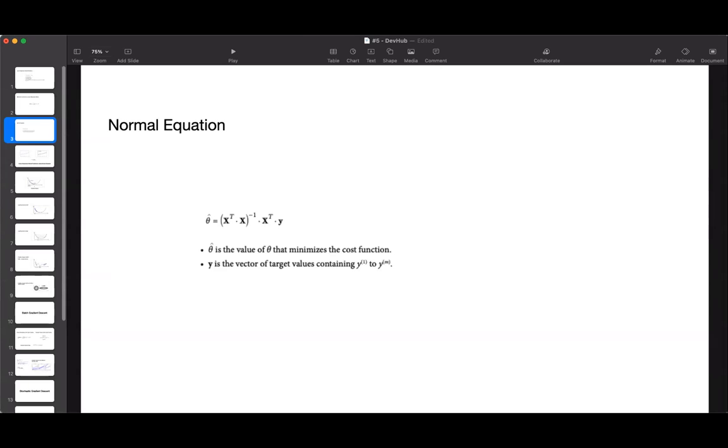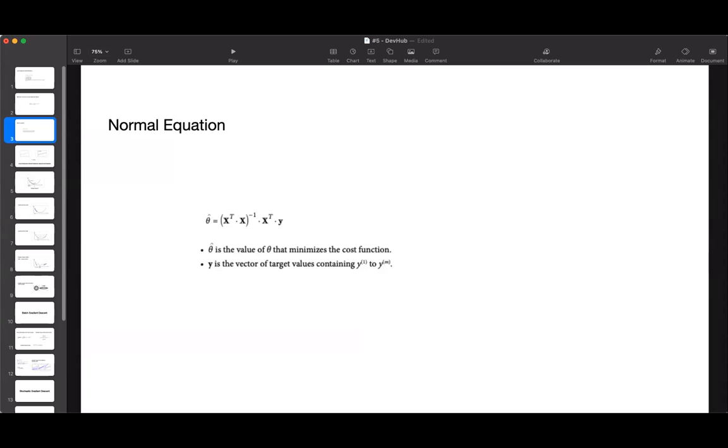So the normal equation has this limitation: in real life, we are actually dealing with millions and millions of features. So for example, say we feed it 1 lakh features. The normal equation actually gets very slow when the number of features is growing.